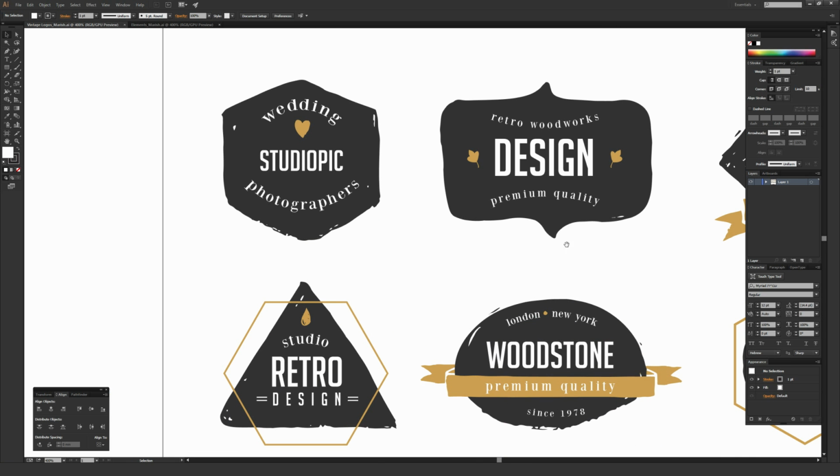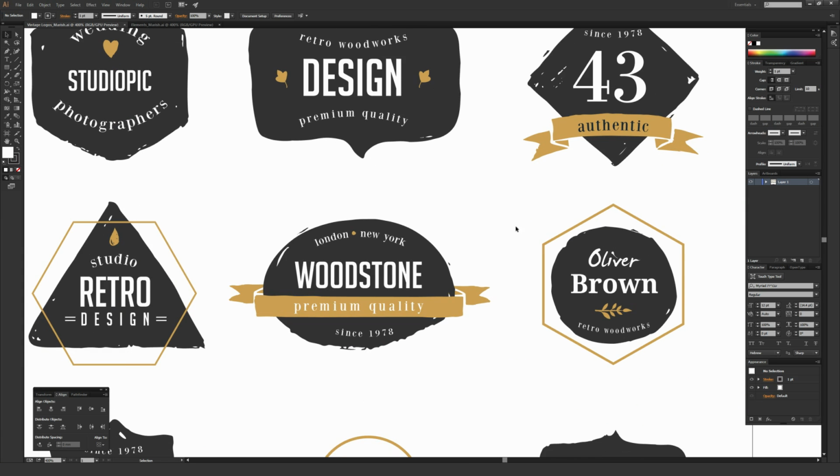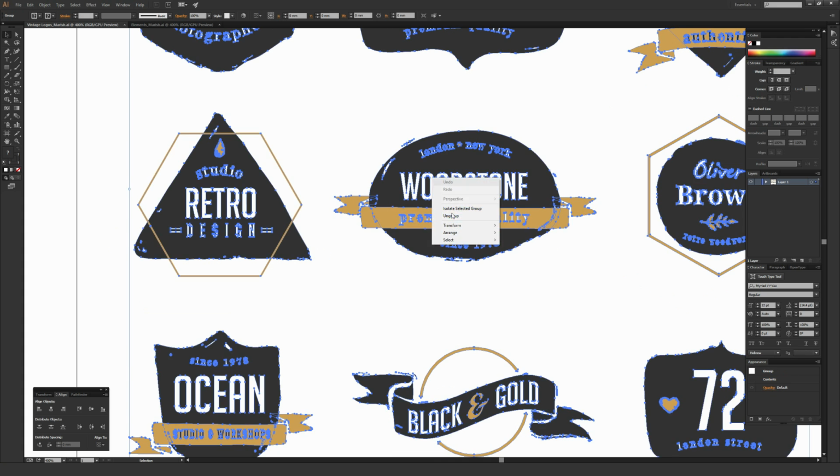So the overall design of these is very clean, but it has kind of a roughened or more vintage looking effect on them, so it does pull that off pretty nicely. It is something really important to note here though, that all these fonts are outlined. They do include links to the fonts that they used, so if you want to go in and download those fonts and figure out what fonts are what, you can recreate these,